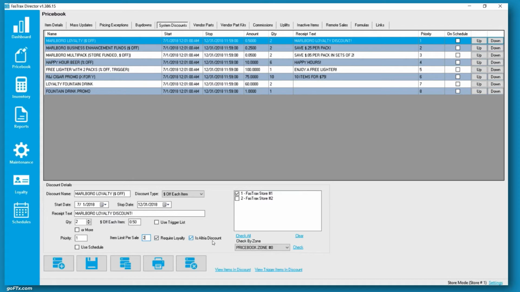Is Altria discount? That is utilized just for the retail scan data purposes. So if you have the Altria funded discount, you would want to make sure that's checked. Then there's a use schedule. And that's used if you want to set this discount to be applied on certain days or certain times